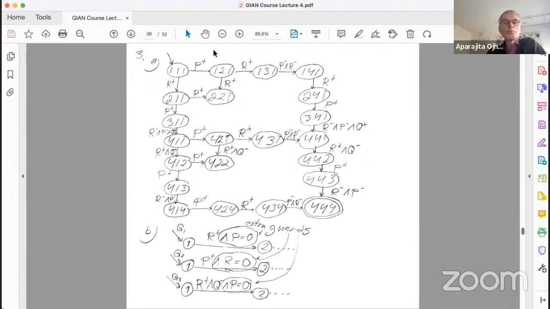But that supervisor includes 1, 2, 3, 4, 4, 8, 12, 16, it includes 20 states, instead of just adding these 3 guards, and you have solved the whole problem. Now, I wouldn't say that it's always so easy, but definitely instead of taking these supervisors as the final control function